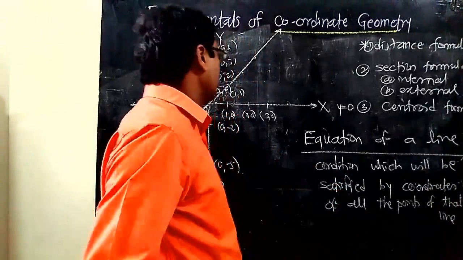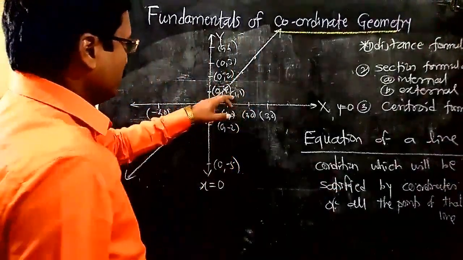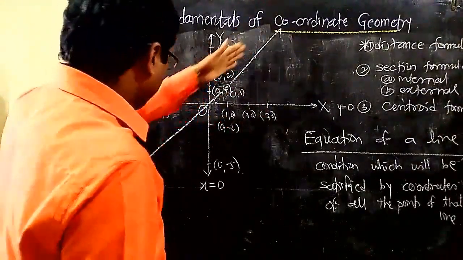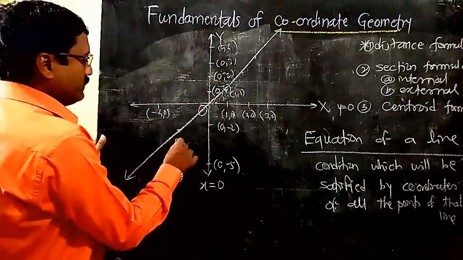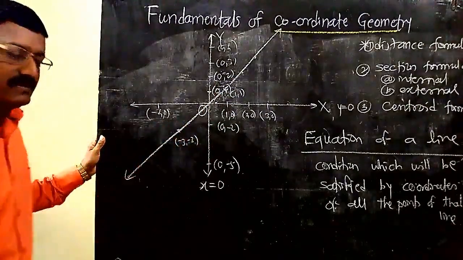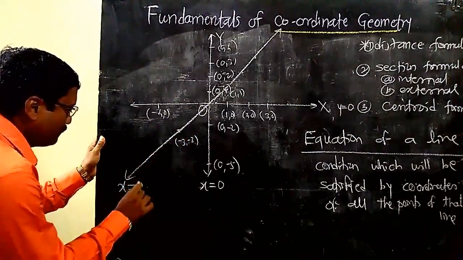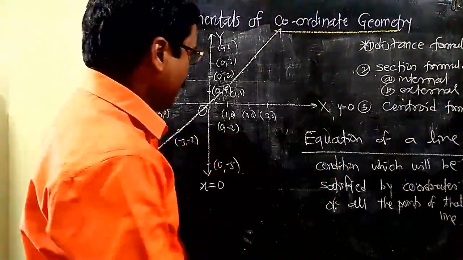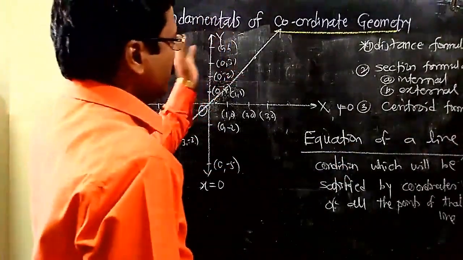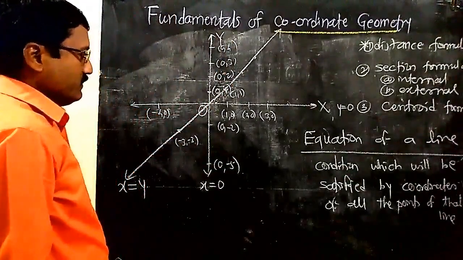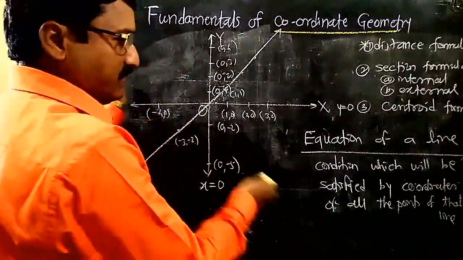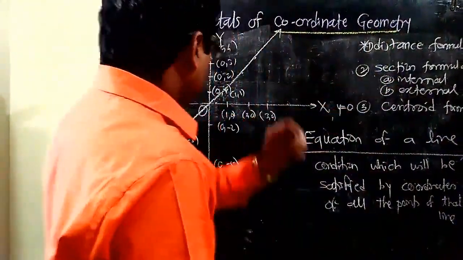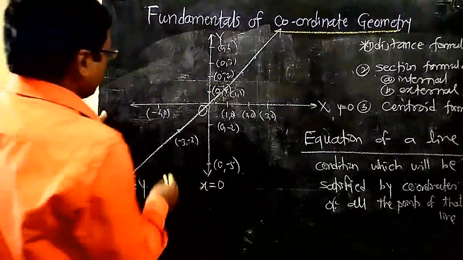If this point satisfies the condition where x and y are the same, this point also satisfies that x and y coordinates are the same. So for every point on this line, if you observe, the x and y coordinates are the same. So we can write that the x-coordinate and y-coordinate are the same. So x equal to y is the equation of the line. In this way we can find the equations of a line. If you take collinear points, then from those collinear points also we can find the equation of a line using the section formula. For simplicity, I will take one example once again.